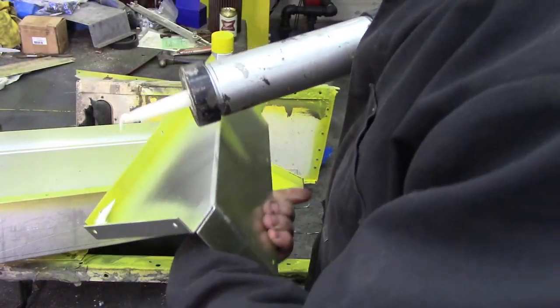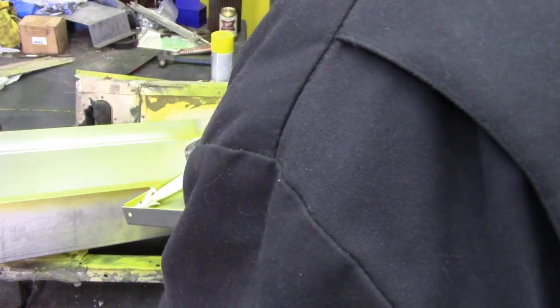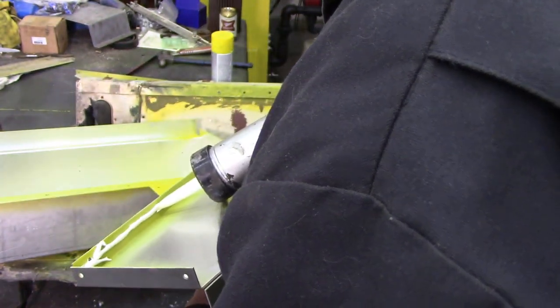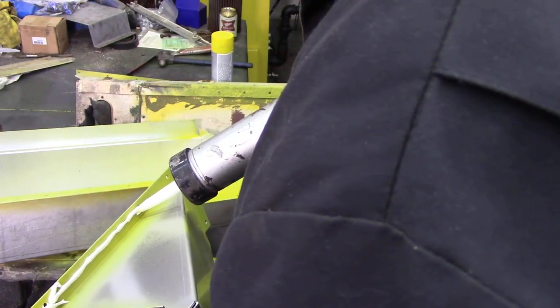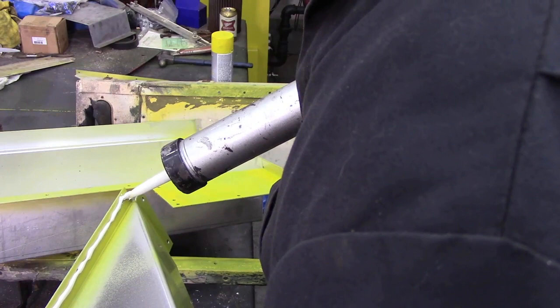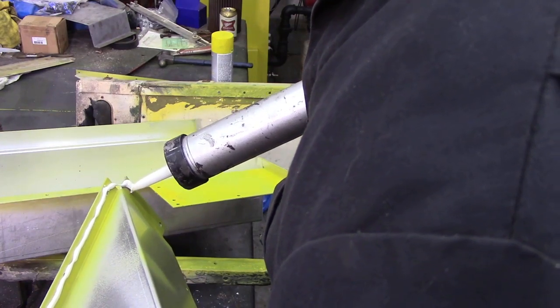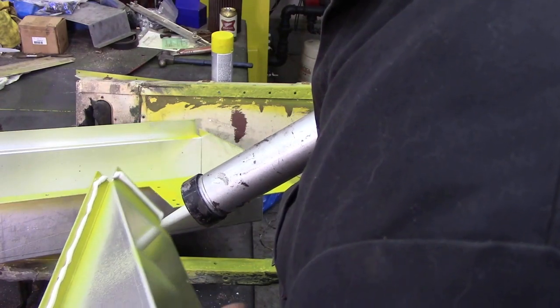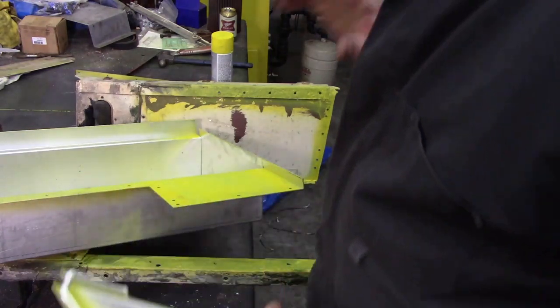I don't know if you can see that. Let's try it at a different angle. Let's try it like that, look. You can do it with a manual caulking gun, it doesn't really matter. But it's just that once you set it, it's set it and forget it. So the next thing we're going to do